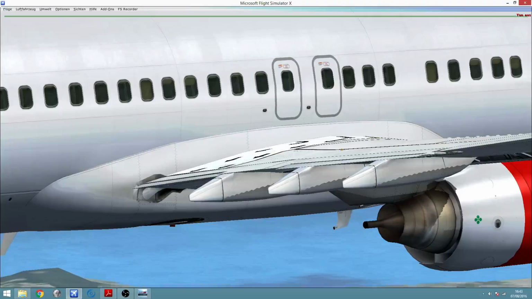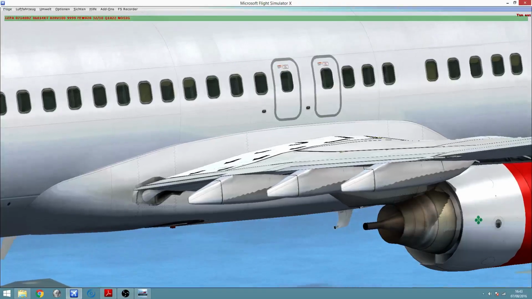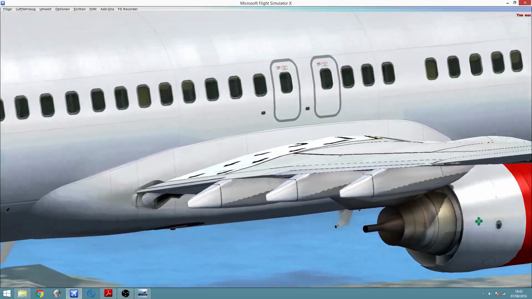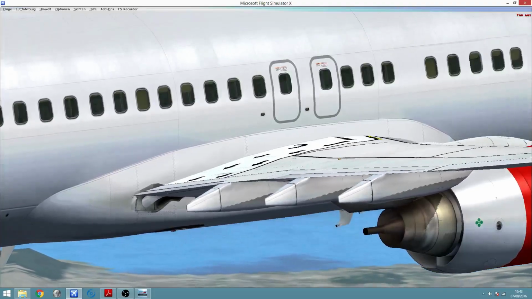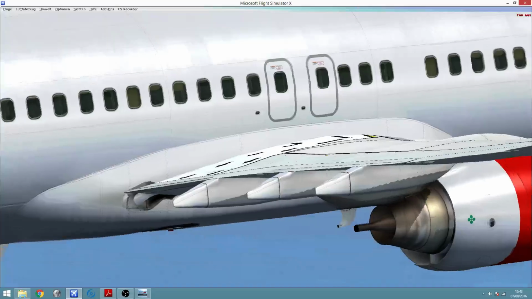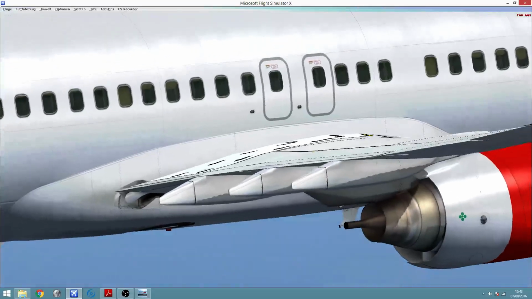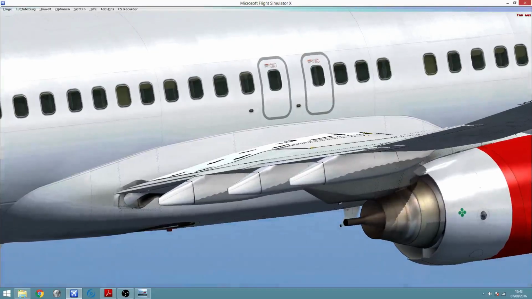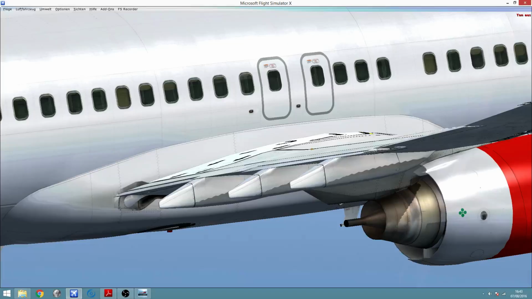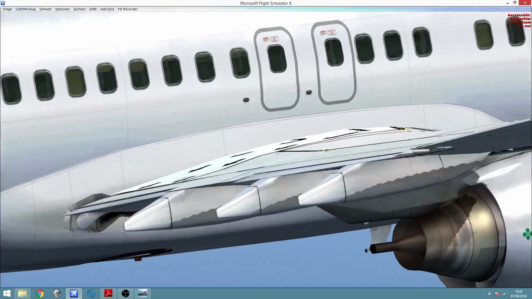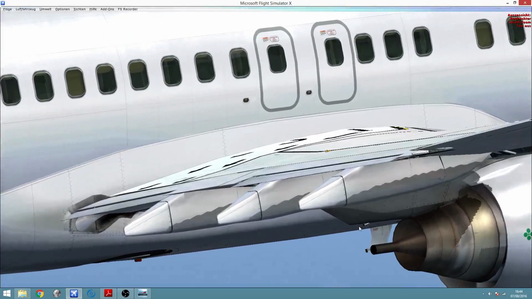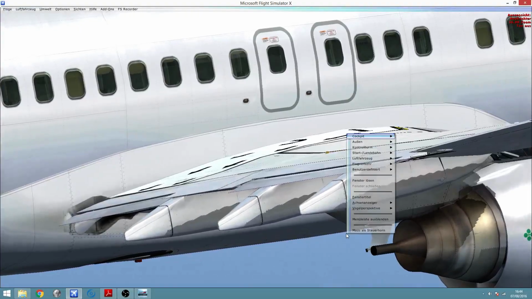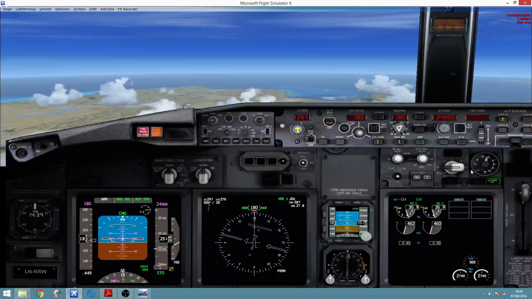If I wanted to completely deploy the flaps, I can also press F8. F8 means full flaps down. So, and that's what I just did. Let's see if you can see how they are deployed. Slowly, take some time. Good. You can see how they are being deployed, and this is something you can also take a look at